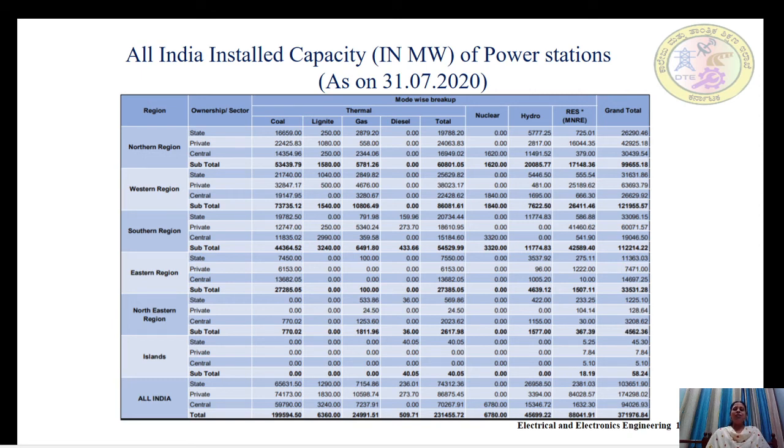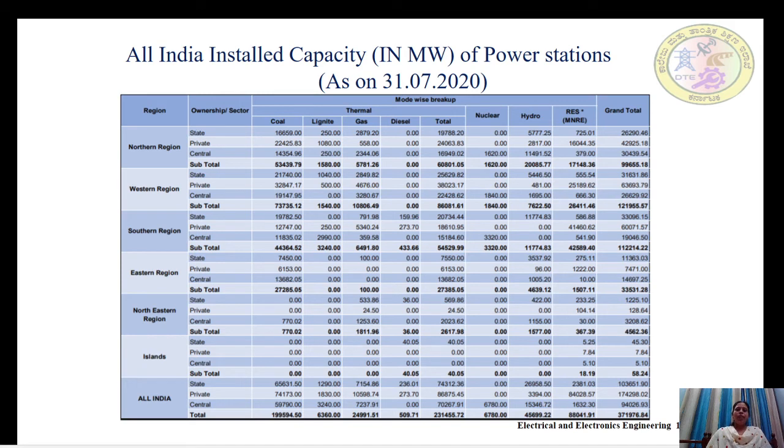As on 31st/7/2020, what is the installed capacity of various power stations? We can see here how much power we are generating from various resources. When we compare these statistics, we can see the power generated by diesel power plants is low, as we know the running cost and the fuel cost is very high. The power generated from diesel is only 509 megawatts as on